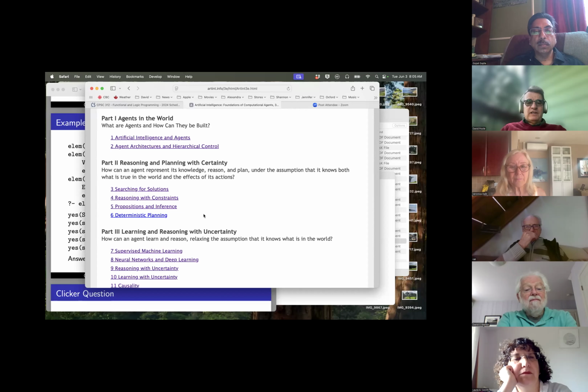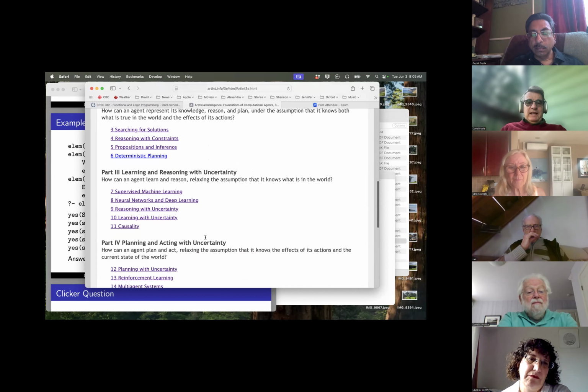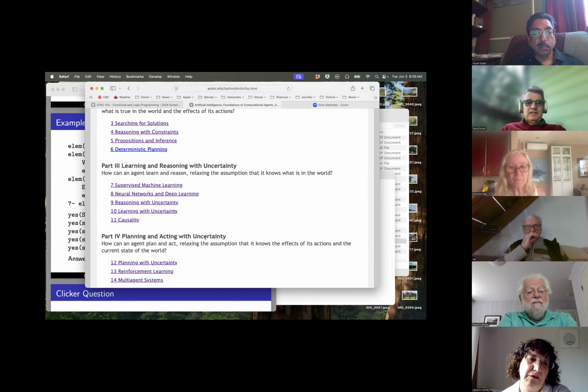We do searching, constraints, and propositional logic, including propositional Prolog, propositional logic programming, satisfiability, and all those things. Planning. Then there are all of the things with uncertainty we need: supervised machine learning, neural networks, and deep learning. Reasoning with uncertainty, learning with uncertainty, and causality. Planning and acting. So planning with uncertainty, reinforcement learning, and multi-agent systems.